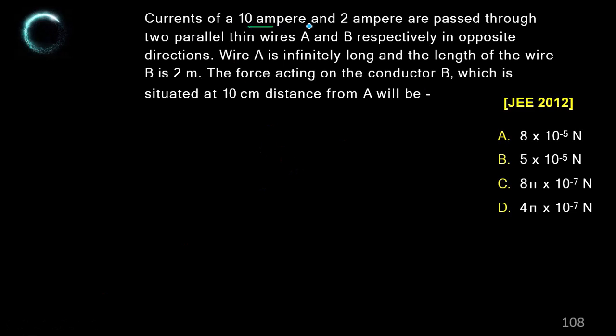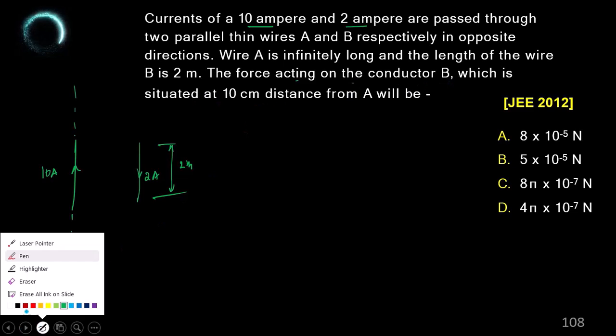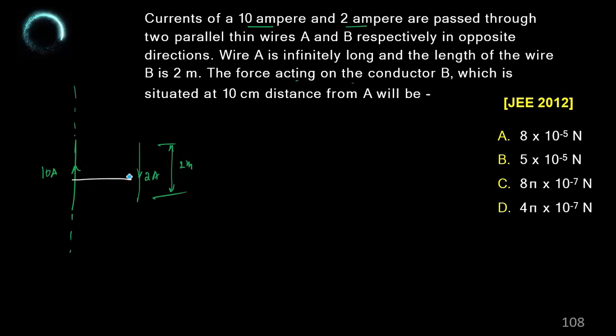Currents of 10 ampere and 2 ampere are passed through two parallel thin wires A and B carrying in opposite direction. এই দিকে একটা 10 ampere যাচ্ছে, এই দিকে 2 ampere যাচ্ছে in the opposite direction, where A is infinitely long. এটা infinitely long রয়েছে, and length of the wire B is 2 meter. The force acting on the conductor B which is situated 10 cm from A, B 10 cm দূরে রয়েছে।